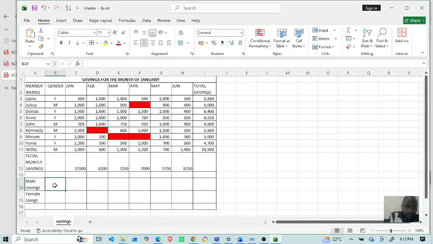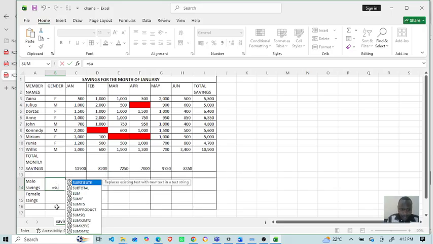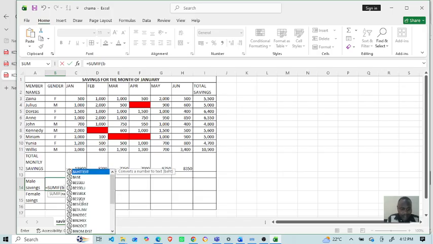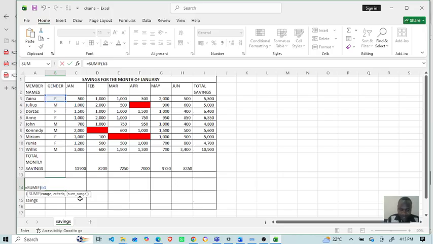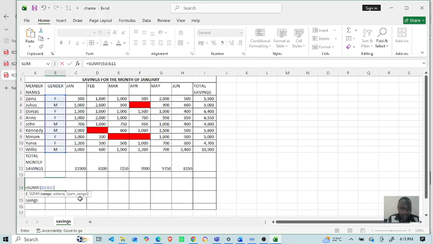For the male savings we're going to sumif B3 to B11 is male, so it's going to calculate for all the males from C3 to H11. So equals sumif B3 to B11 equals